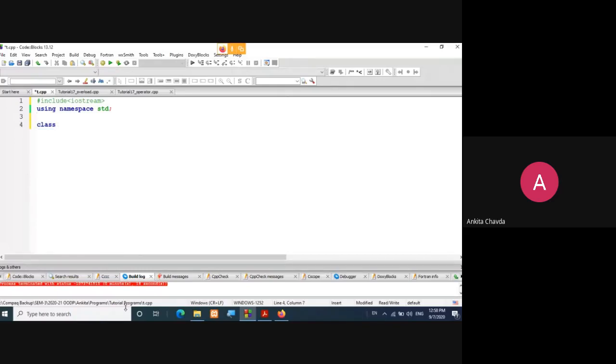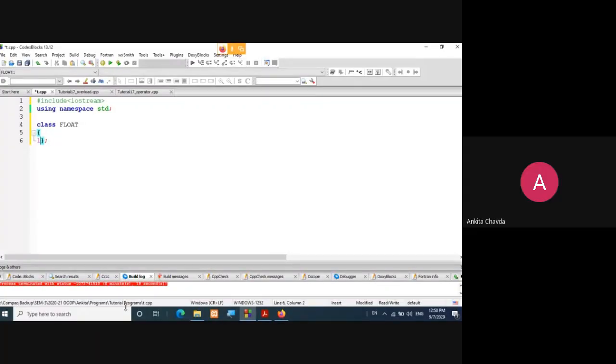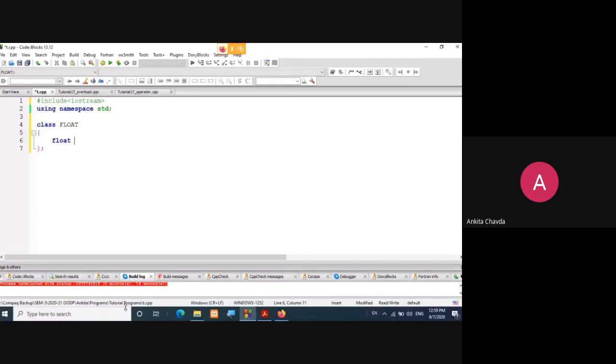I would be having one class that is named as float. In that I'm having one variable only. I'll call it f, like float f. Fine. Now into this public section,